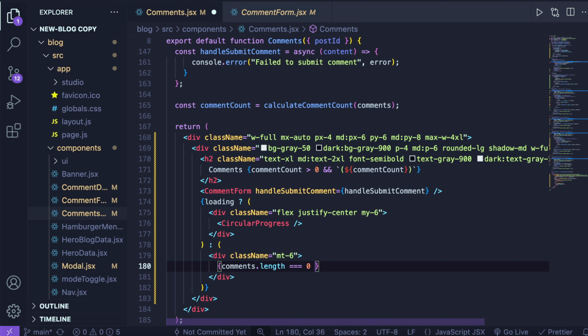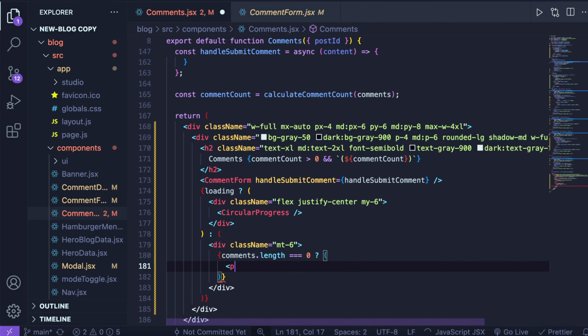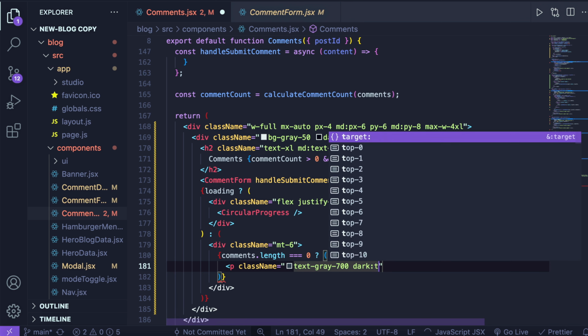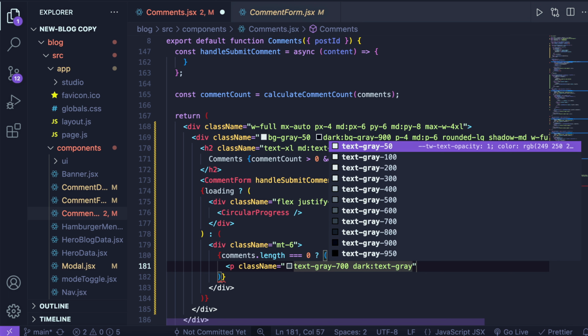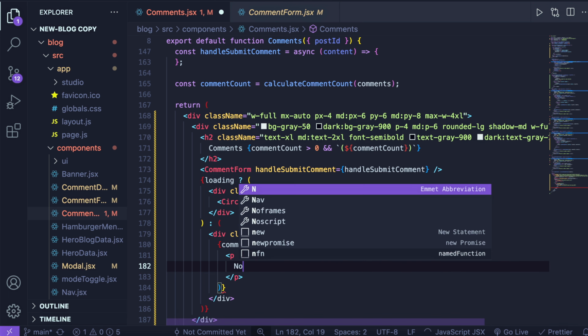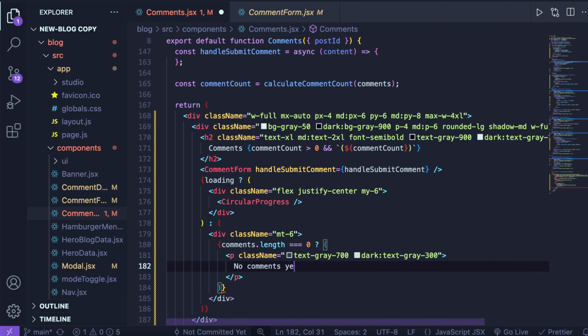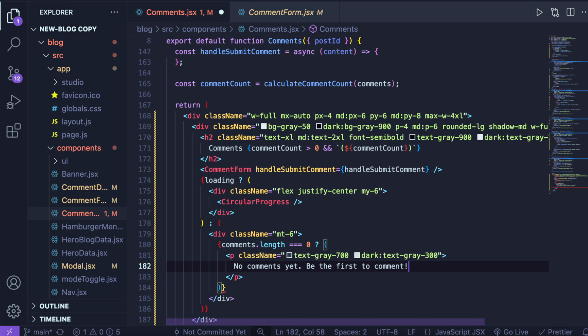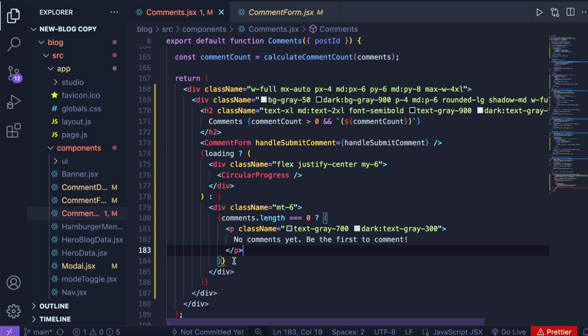If comments.length is equal to 0, then we want p class name text gray 700. Dark is going to be text gray 300. And within it, we're going to say no comments yet. Be the first to comment. Okay, else